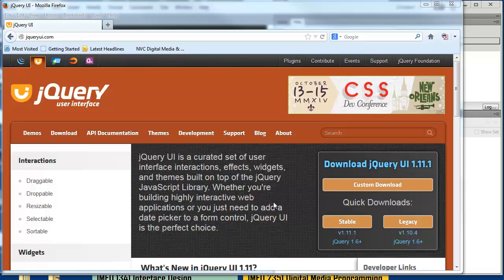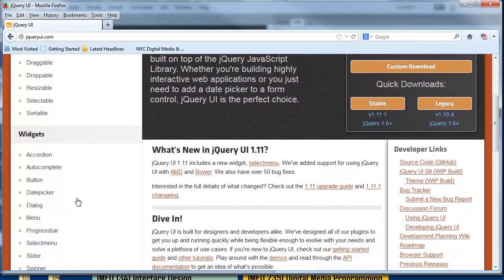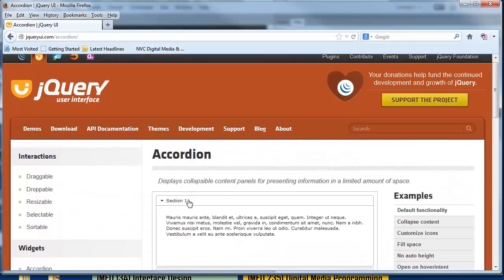In this module, we'll be looking at the jQuery user interface widgets and interactive objects that you can use on your website. I've included some examples inside of the module so you can see the high-end types of things that they can do. But if you look at the jqueryui.com website, you'll see that jQuery does a lot of just really basic things. They have the accordion,